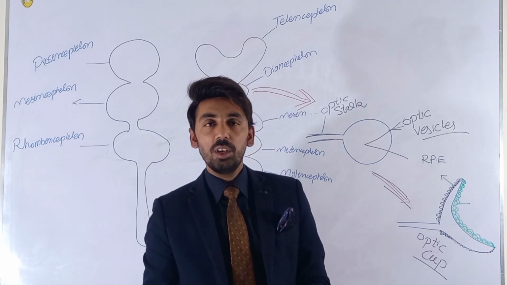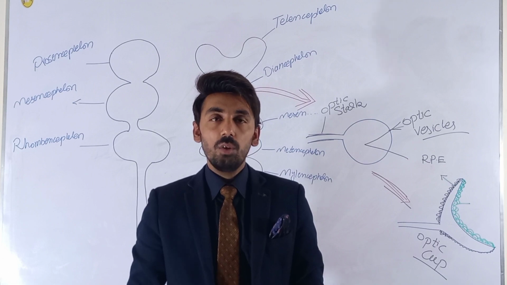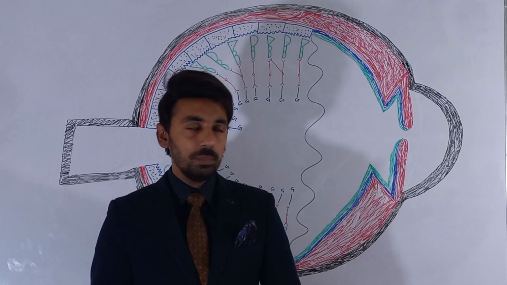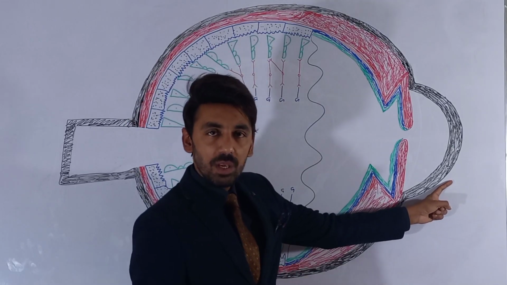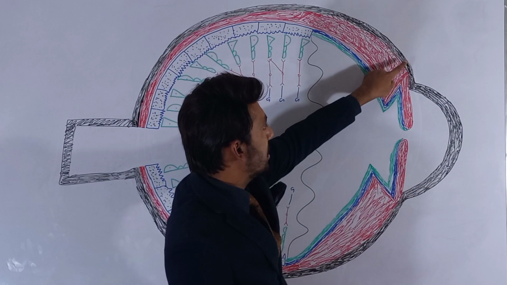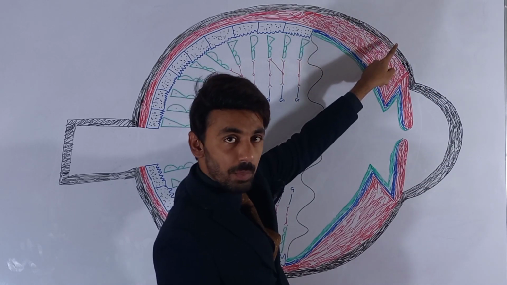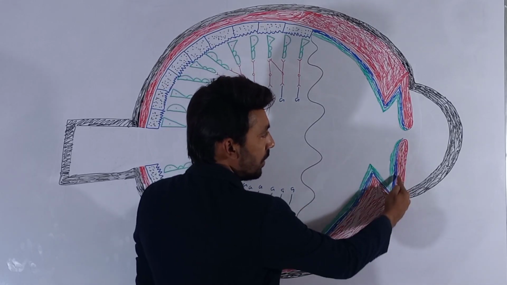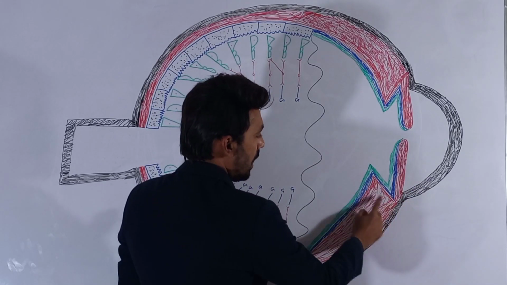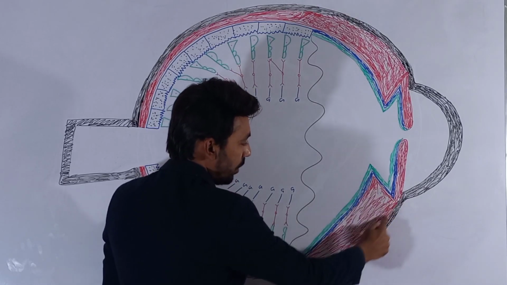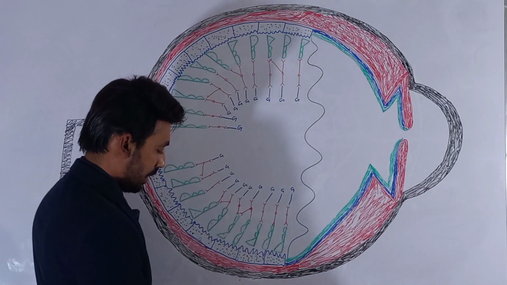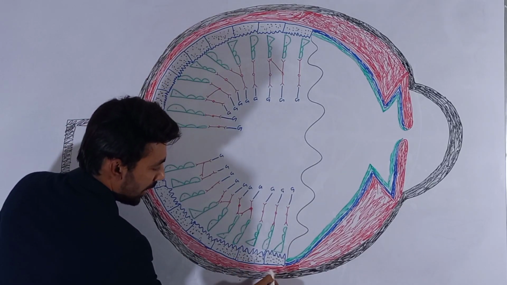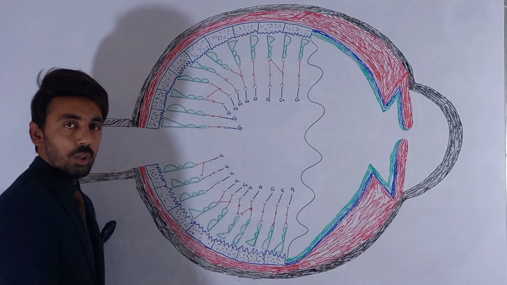So now we will discuss the different cells and different layers of the retina in detail. Now, as you can see, the broad structure of the eyeball. This is the anterior-most transparent structure, which is called the cornea. And this in the black marker is called the toughest membrane, which is called sclera, the white of the eye. And this colorful structure is called iris. And this triangular structure is called the ciliary body. And posterior to the sclera, this reddish structure is called the choroid.